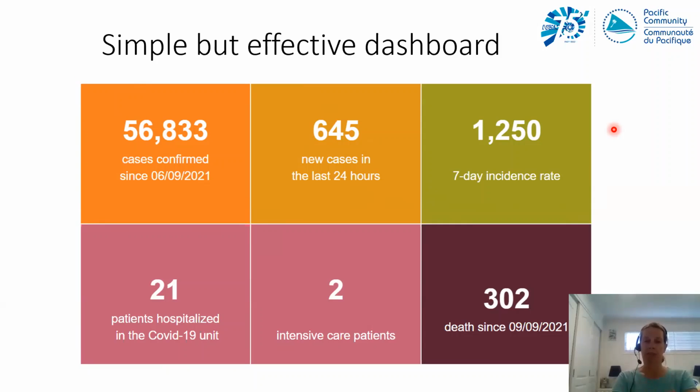So again, the same idea as in the last slide where we smoothed it on a 7-day rolling average. This incident rate takes what's happened over 7 days, divides it by the total population. So who is at risk of catching COVID? That's the total population. So the number of cases divided by the population and expressed per 100,000.